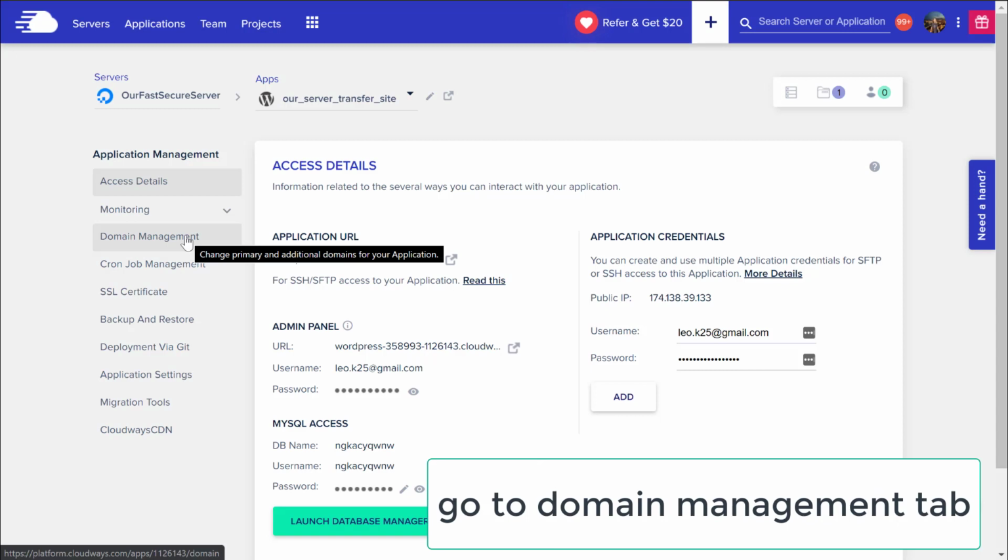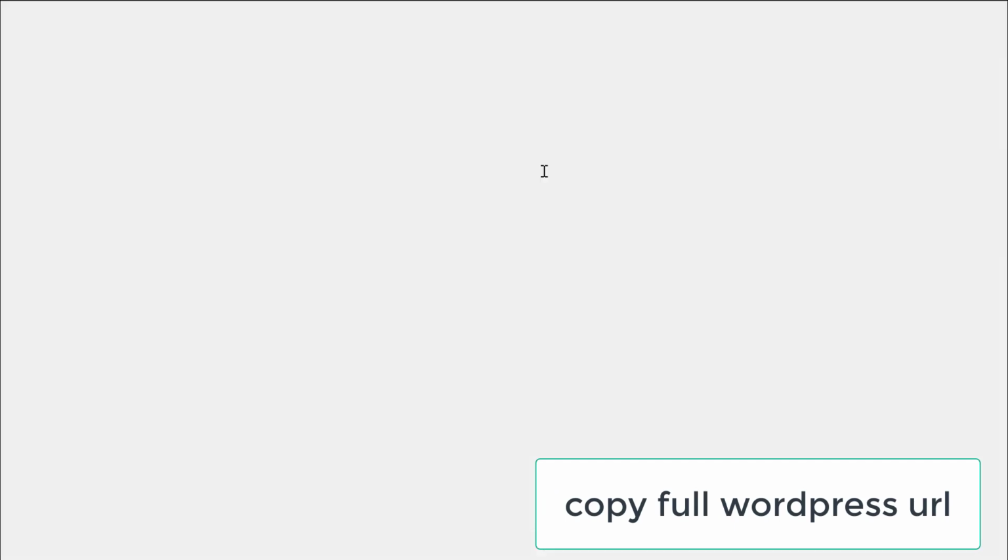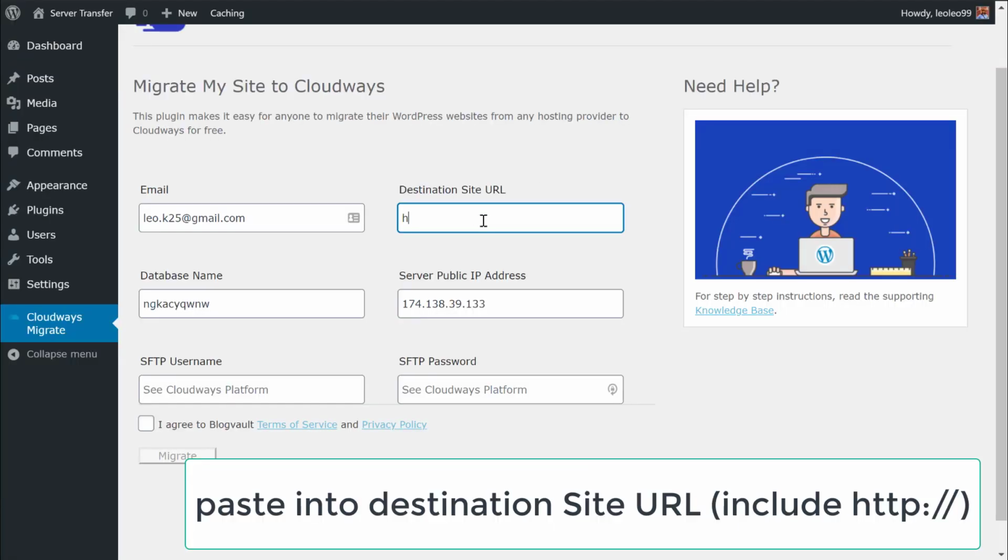You can simply go to domain management. Under domain management, copy this. Type in http://